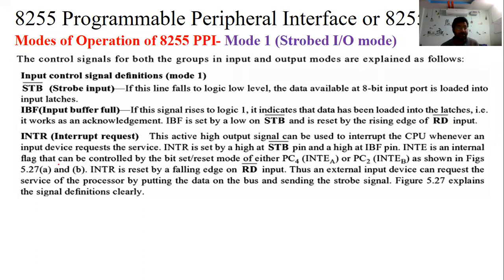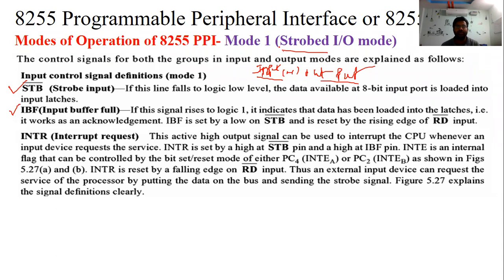Now see this. You have two ports. That port may be an input port or an output port. This is also the same: the same port will not work as both input as well as output port at a time. It may work as input or output. So what are the input port signals? What are the output port signals? For suppose port A works as an input port, what type of control signals are we using? Nothing but strobed signals.